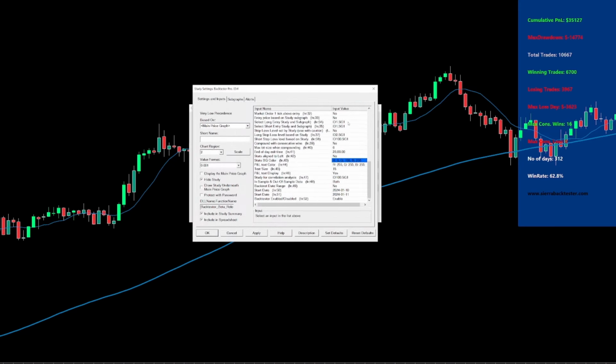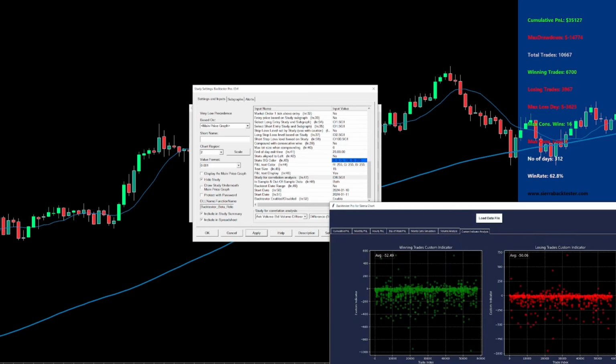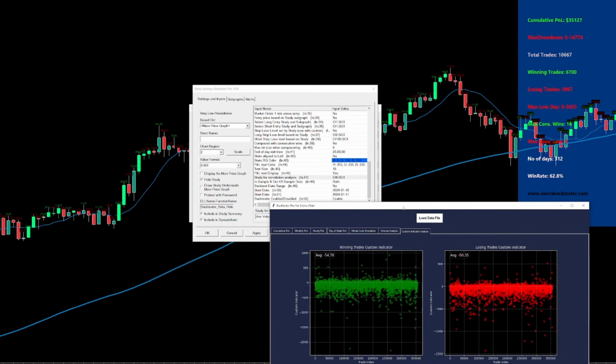We can go at the bottom here where it says study for correlation analysis, use ask bid volume difference and use SU1, hit OK, and then go back to our analysis tool,